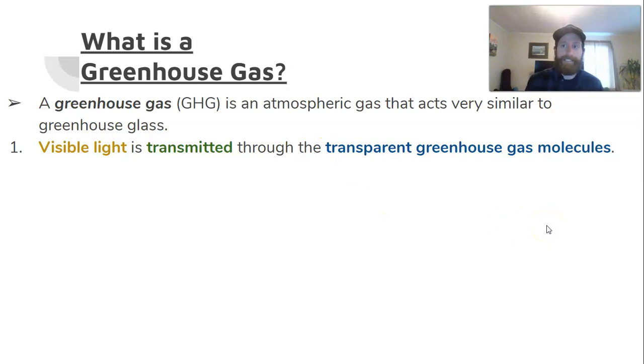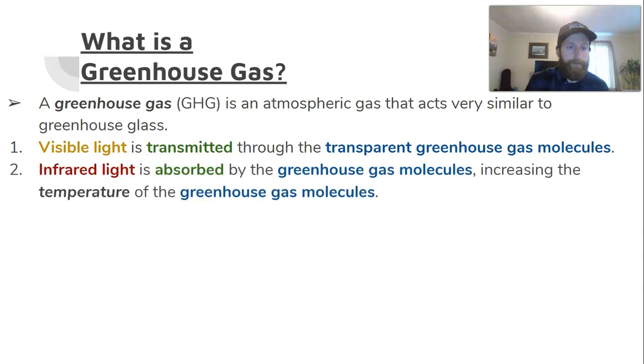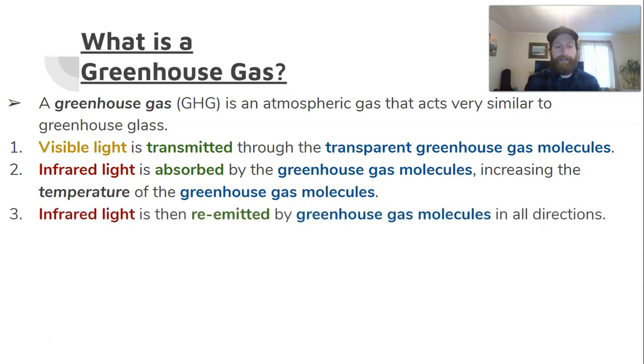By definition, I can't see a greenhouse gas molecule. They're transparent. But infrared light is absorbed by the greenhouse gas molecules, which increases the temperature of those molecules. And then that infrared light is re-emitted by the greenhouse gas molecules in all directions. So again, some would be re-emitted back towards space, but others would be re-emitted down back towards the surface of